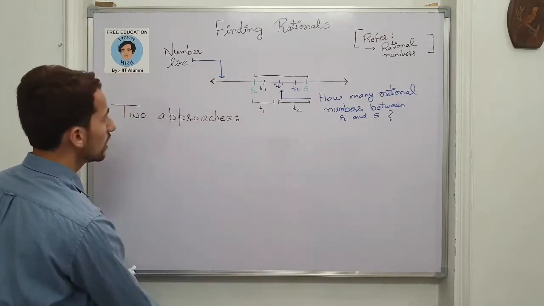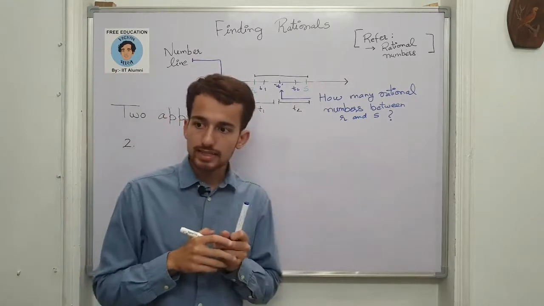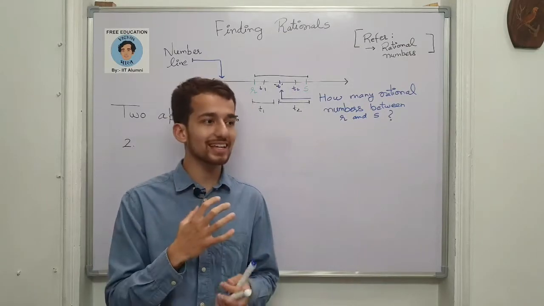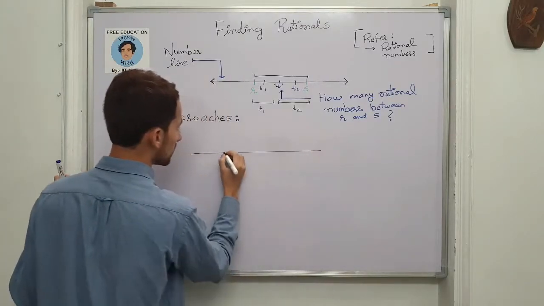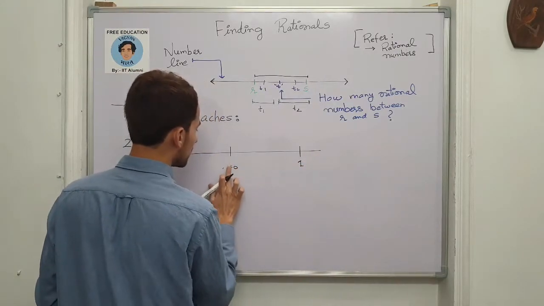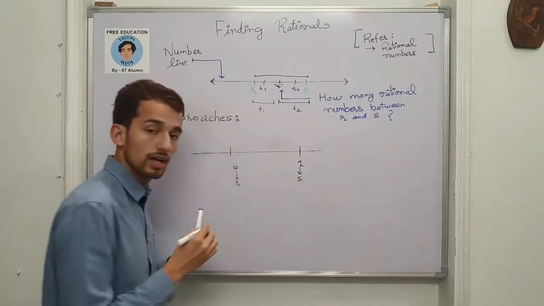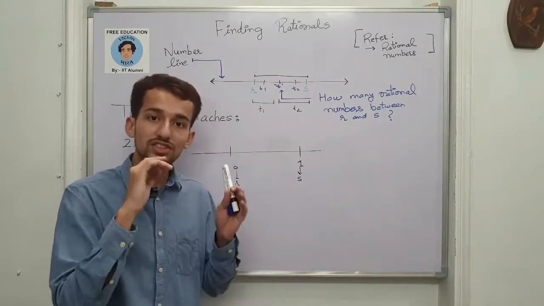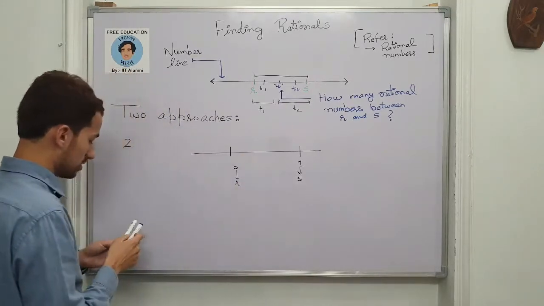Now we move forward to the second method. In the second case, what I want basically is to find many rational numbers at once. Suppose given an R and S, take the same example. Take R to be 0 and S to be 1. Let me call 0 to be our R and 1 to be our S. Now I am using the second method. I want to find, say, 4 rational numbers between 0 and 1 directly using the second method.